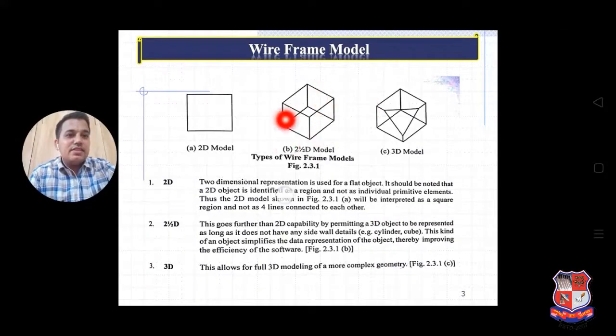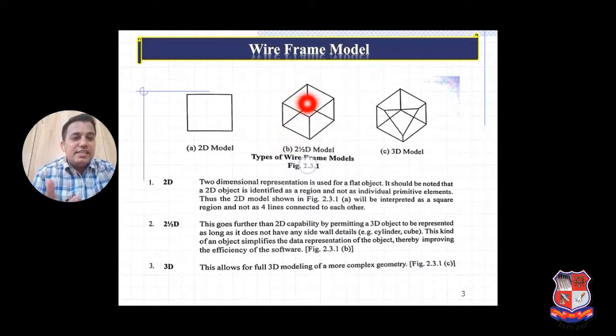Okay, this one is the 2.5D model. So this is the one box, kind of. We can show the hidden line is also there, but it will be in the dark. But if we are taking a 3D model, then it will be a light line. When we are representing, the solid lines are there, but it will be a dotted line in the 3D model if we are representing the 3D model.